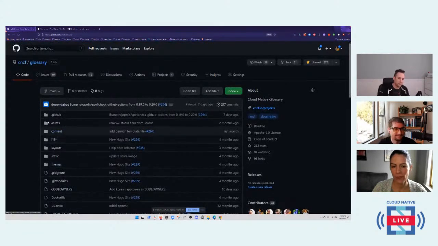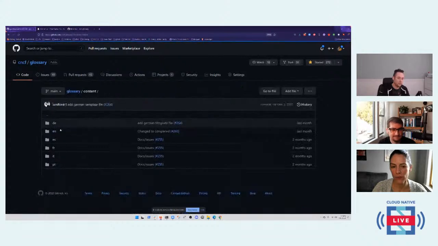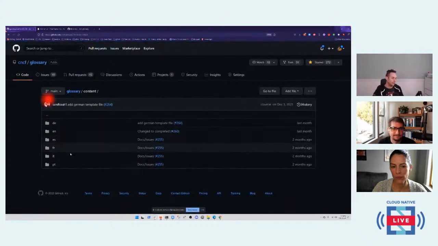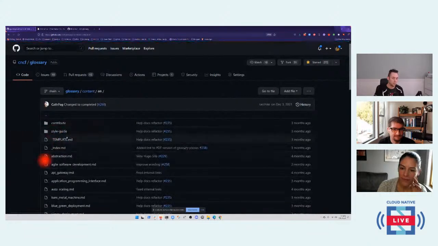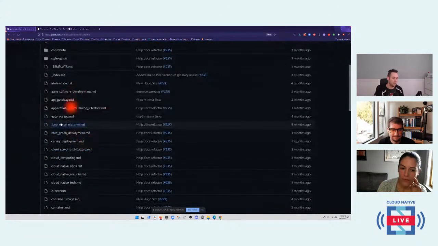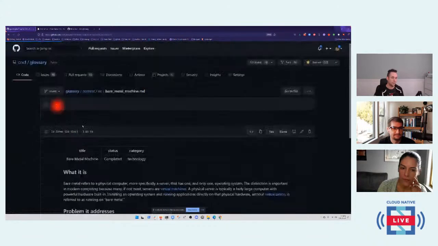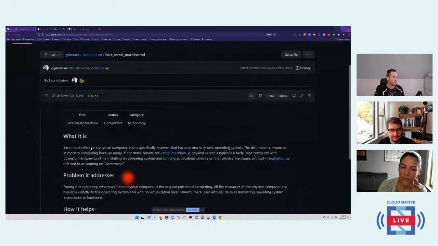In general, you're going to open an issue, or you're going to look at the particular content. Here under the content tab, we have the various languages by language code. So assuming you're in English, because that's the only one that I contribute to, when I go in here, I go into English, I pick the particular thing, and then if I wanted to make a change, I could create my own branch, then make the changes that I want, and submit a PR.